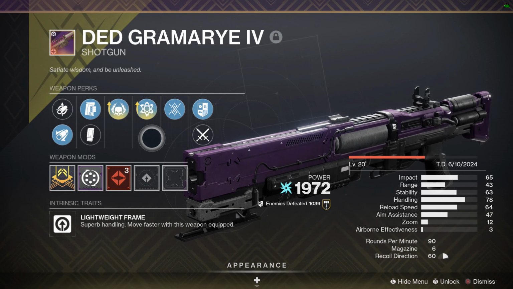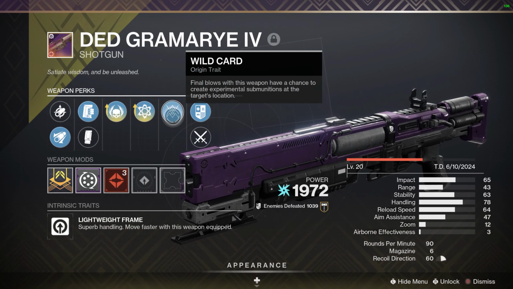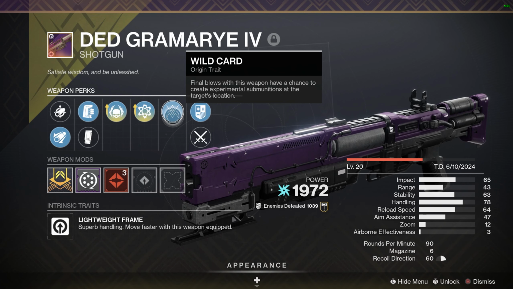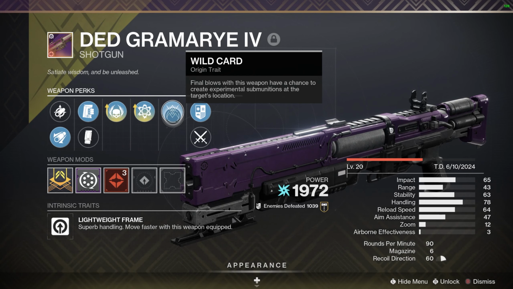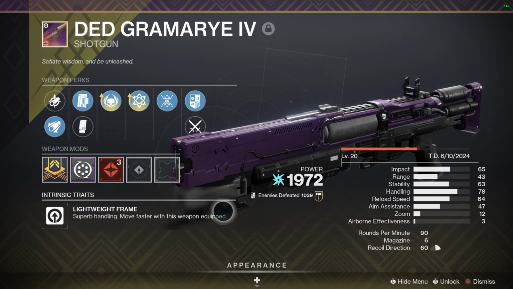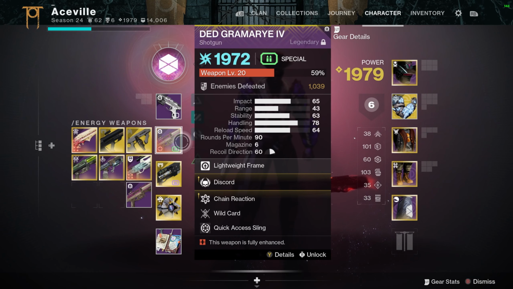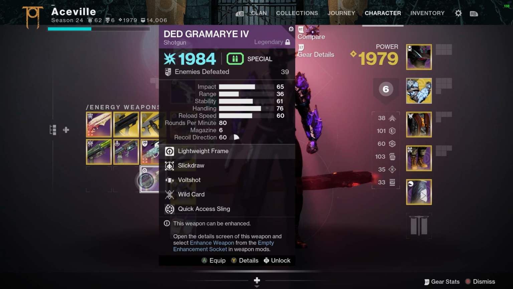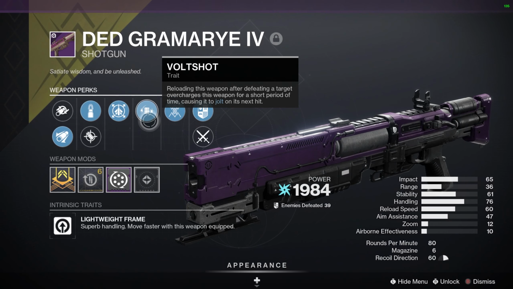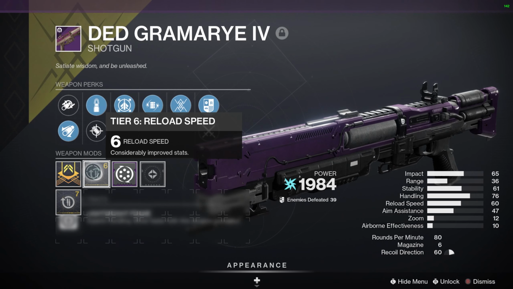The Ded Gramarye IV also has wildcard on it, which I haven't noticed too much that this procs, but this is also, I guess, more AoE stuff that happens too, which is cool. This is a lightweight shotgun, which is really fun to run around with in PvE. But yeah, I got this with chain reaction, and I also wanted to test out volt shot and see how this fares as well. Obviously, I'll have to reload after every shot, so I did get a reload speed masterwork